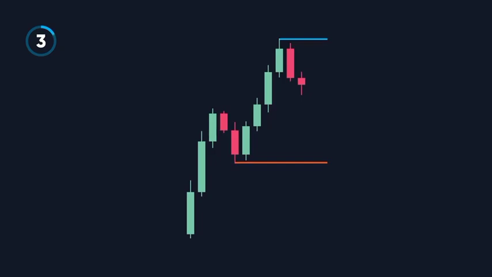But in order to do this, it needs to find some kind of support that can create the next bullish leg. And this is where we look within the previous swing for bullish